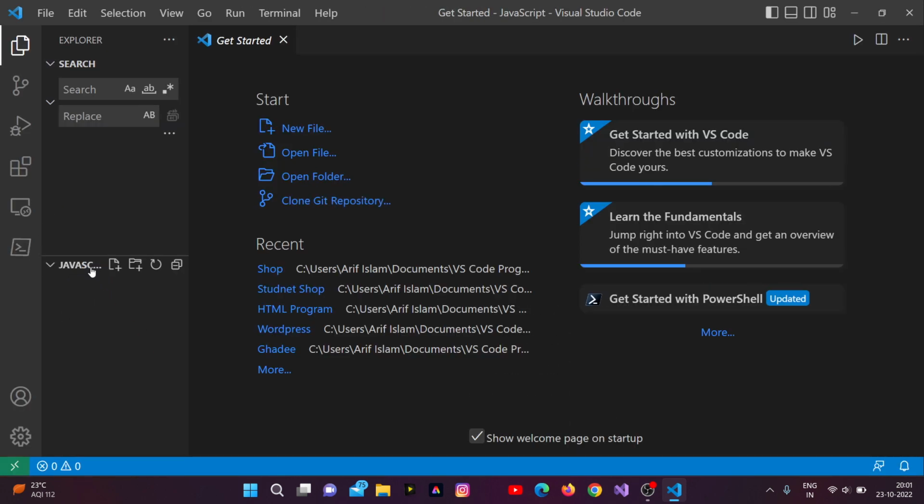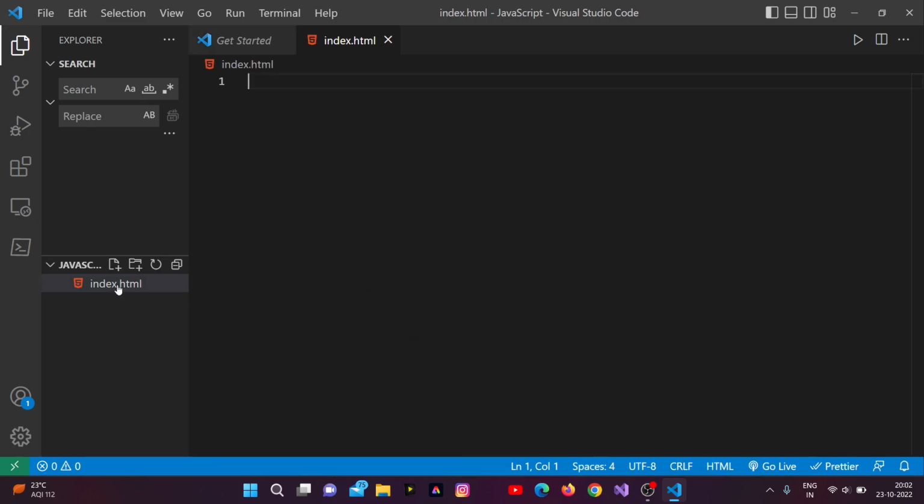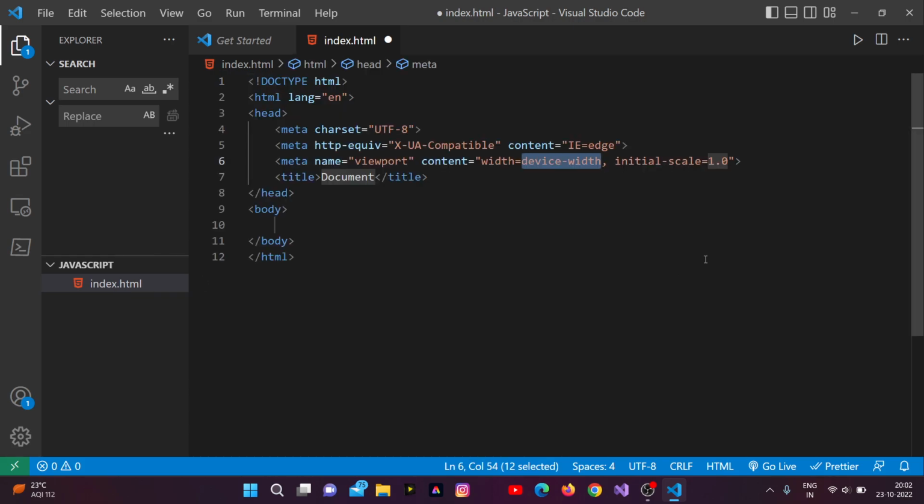Here you can see the file, and here you have to create a new file, that's index.html. Done. Then just enter zip on enter. It is HTML boilerplate code, and this title I'm going to change to JavaScript tutorial,